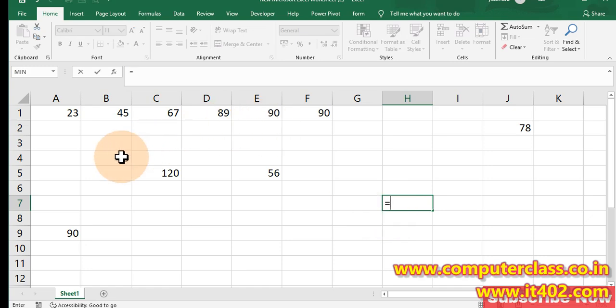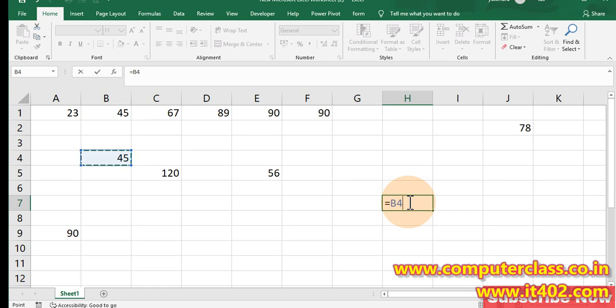For example, I want to do the sum of all these numbers, so I write equal to, then 45. I click here, and it automatically takes the cell address of this number, that is B4. Then I need to put what we can call an operator, like plus.